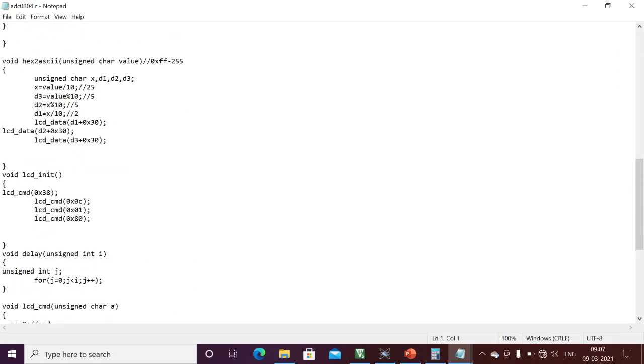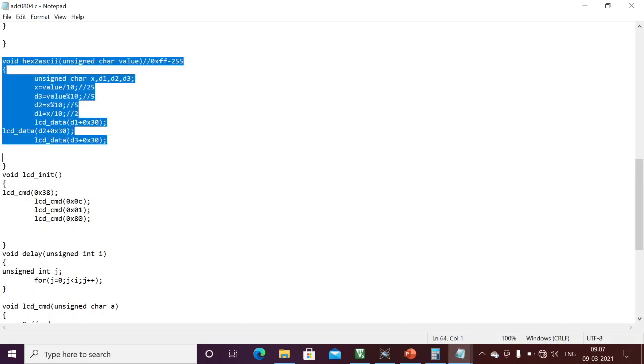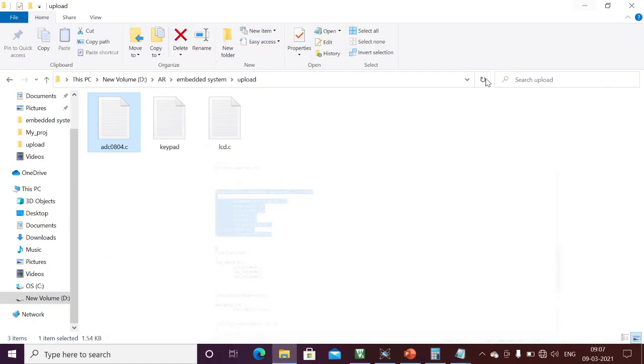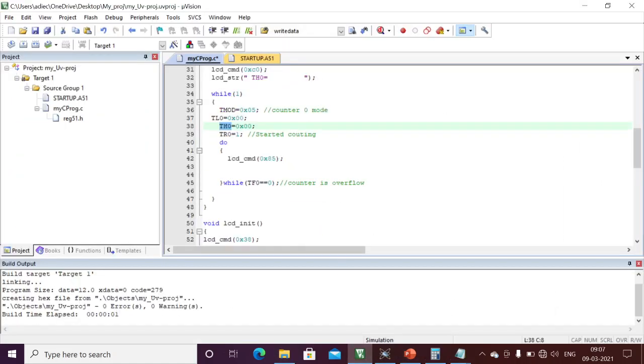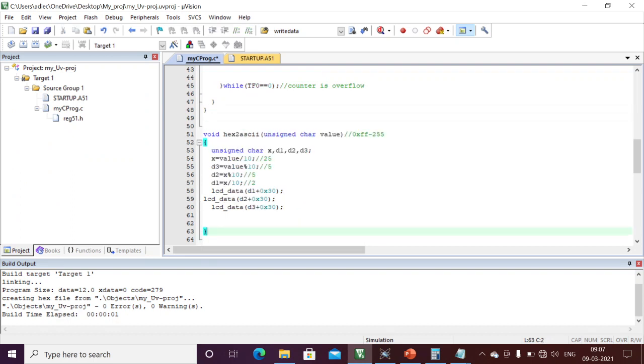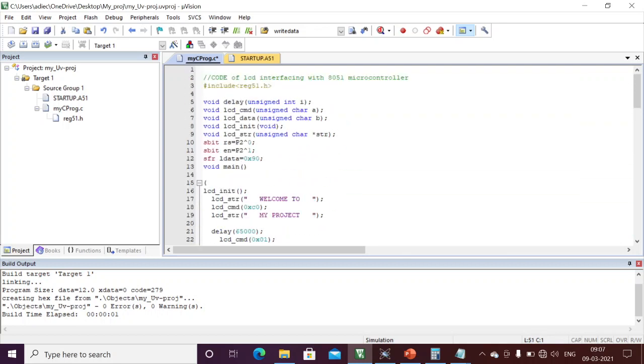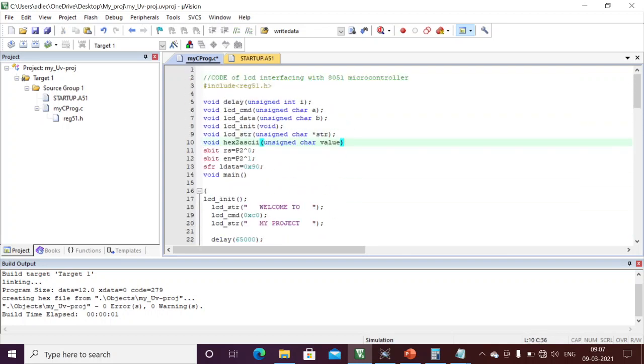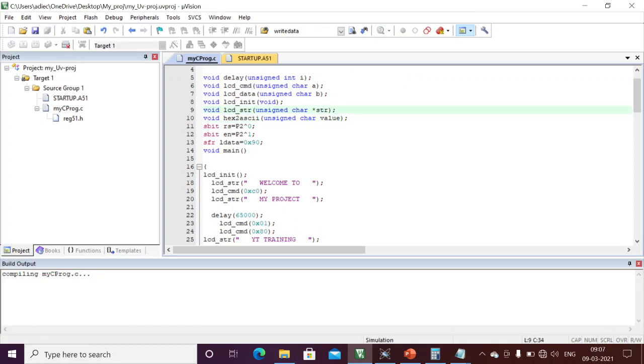This program is required to display onto the LCD whatever the hex value is. So I'm adding this program after the main function. Here I am declaring my program.